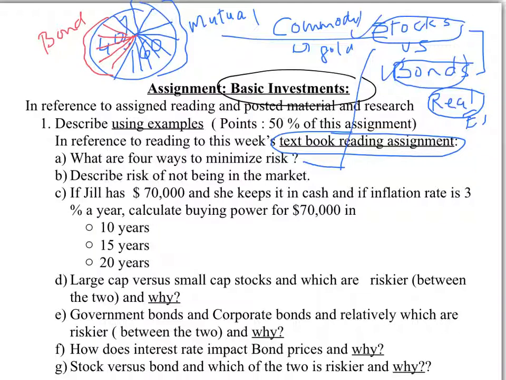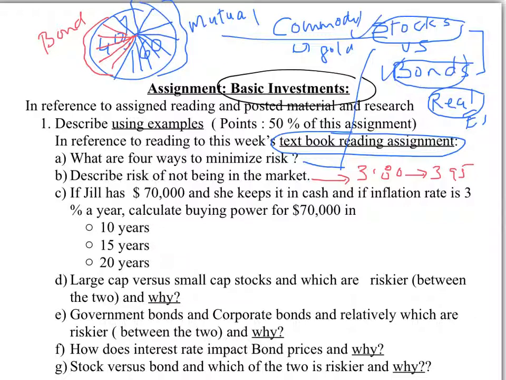The next one is, describe the risk of not being in the market. The risk of not being in the market basically is that if you have money just sitting in cash, then over time your money will be worth less. Let's say, for example, today we are paying $3.80 to buy something. Tomorrow it probably will cost us more. Next year it may cost us $3.95, and so on. And 10 years from now, it's going to cost us even more. So not investing and letting the money sit in cash is a safe thing to do, but just be aware and careful that going forward, that money would buy you less.